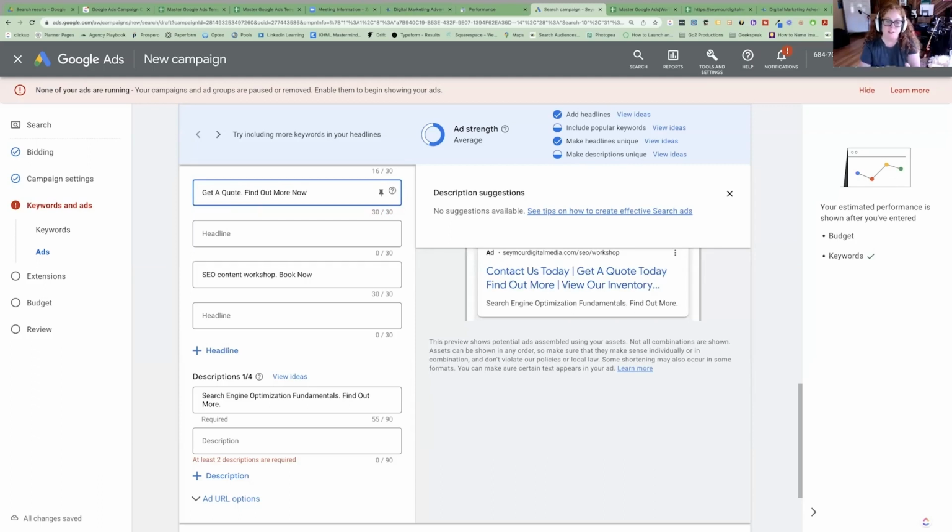Calls to action, using your keywords, filling out the character limit. These are all super important. If you can, get it as close to 90 as possible, and get the headlines as close to 30 as possible. If you put periods at the end,